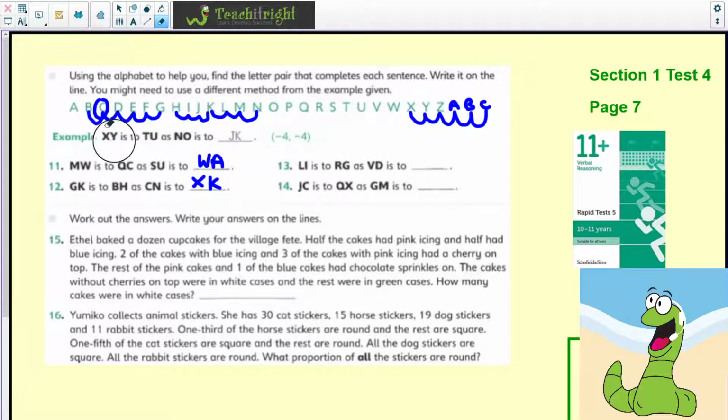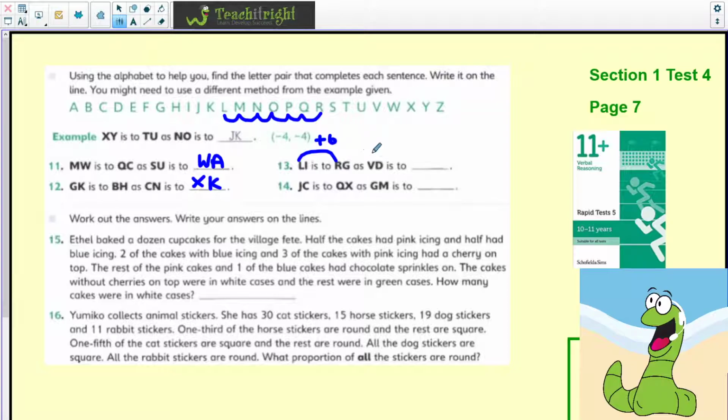Let's move on now to the next set of analogies. We're going to go from L to R. Let's find L. 1, 2, 3, 4, 5, 6 forward. So I'm going to write plus 6 there so I'm clear. V plus 6. 1, 2, 3, 4, 5, 6. So again, advantage there just to add on a bit of the extra alphabet, but we do get B as